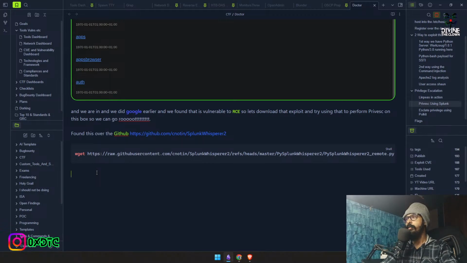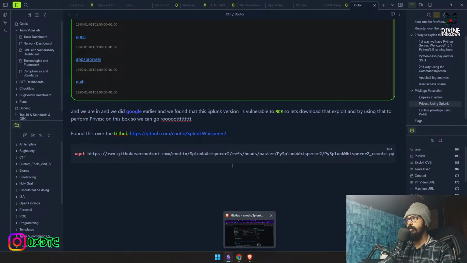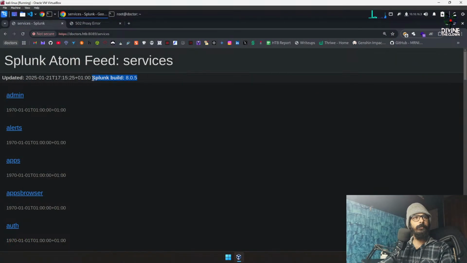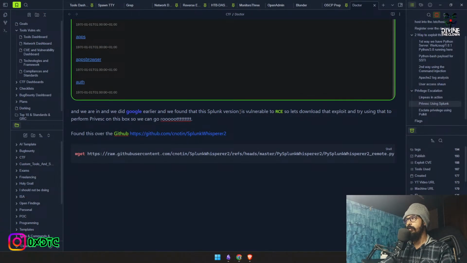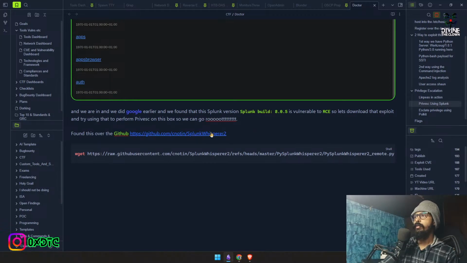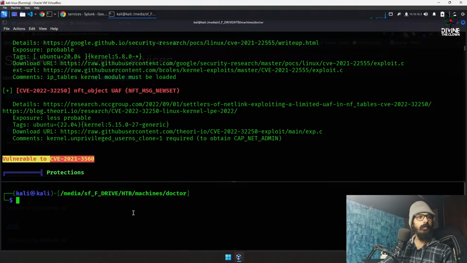Okay. That is, this Splunk version is vulnerable. And what version is this? If we check here, this is a build. We'll put it in here. There we go. So we have this, and if I go here,